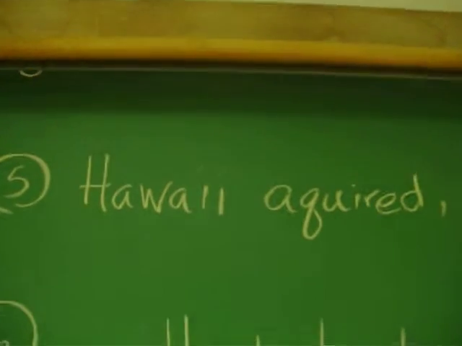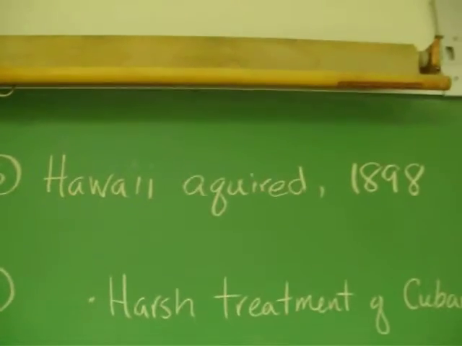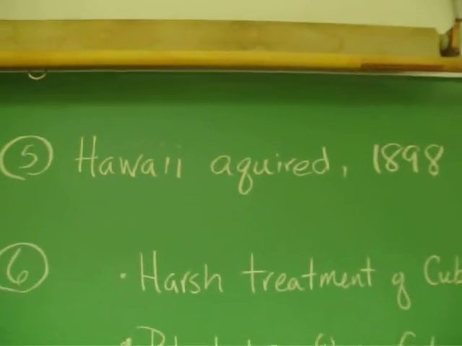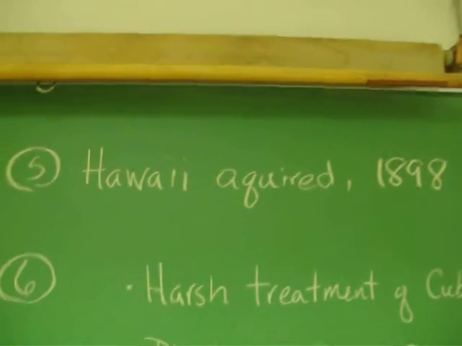Now, the United States is not done with the idea of imperialism, so we're going to see that in 1898, Hawaii is going to be acquired, and you kids have already written about Hawaii, most of you, for the essay that you wrote for my class earlier on in the unit. So we already know the story about Hawaii being acquired, but a little thing you didn't know was how upset Japan was. Apparently she had her eyes on the islands of Hawaii as well. And so angry was she that the United States annexed Hawaii in 1898 that at least a part of her navy steamed around the islands posturing, looking like they were ready to take those islands from us.